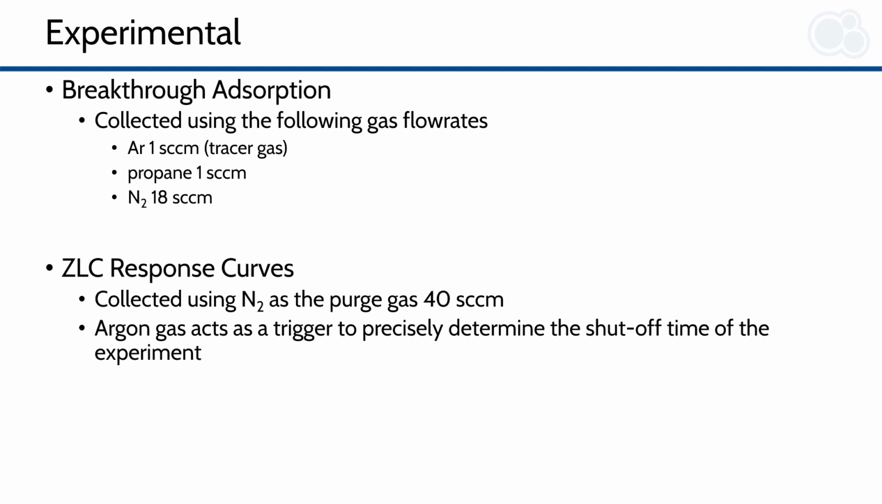For the breakthrough adsorption portion, they were collected using flow rates of 1 standard cubic centimeter a minute for our argon, which is our tracer gas in this experiment, 1 standard cubic centimeter a minute of propane, which is our adsorbing gas, and then additionally 18 standard cubic centimeters a minute of nitrogen gas, which is our carrier gas in this case. For our response curves, nitrogen was used as the purge gas at 40 standard cubic centimeters a minute,